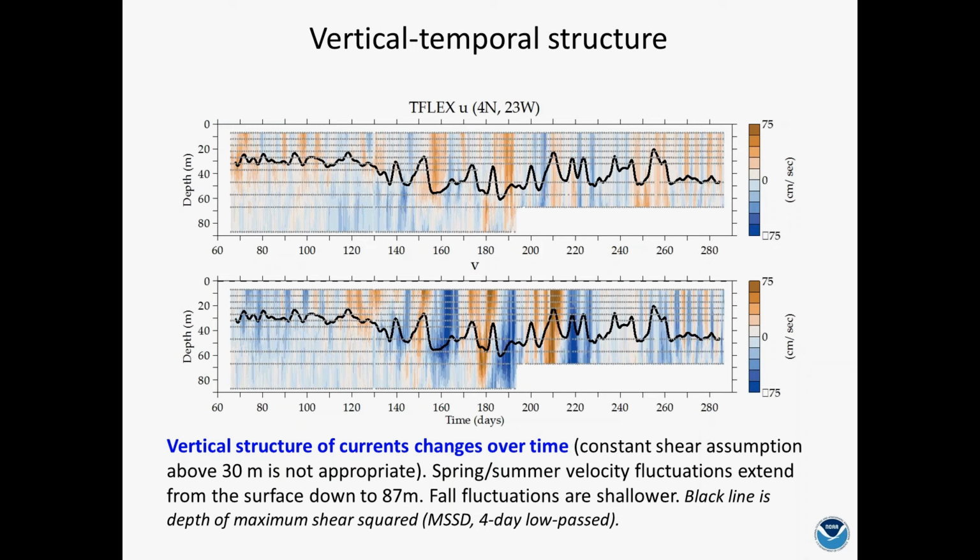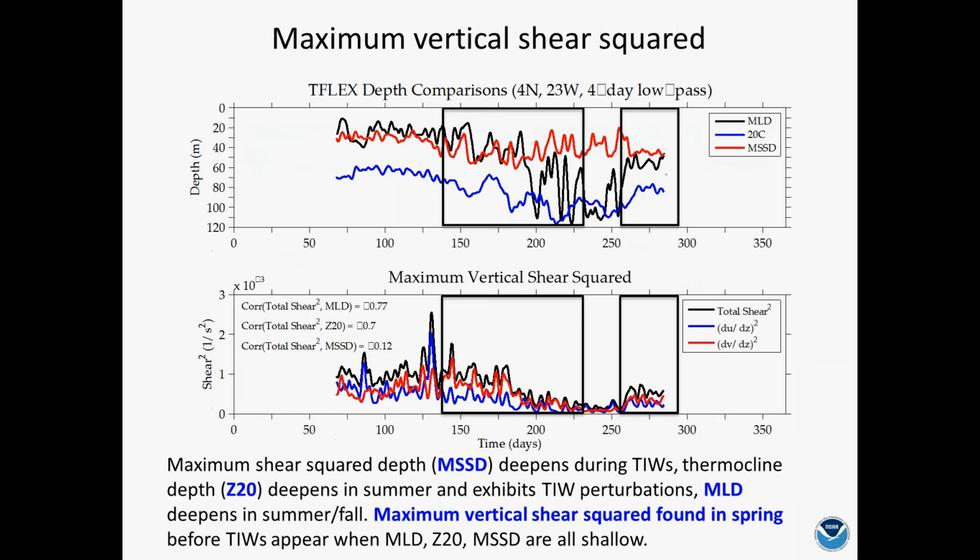Okay. So just to link, I don't usually think about the depth of the maximum shear squared layer. I usually think of things like the mixed layer depth or the thermocline depth. And so this is doing a comparison, and I apologize, the figure's a little messed up, but this is doing a comparison of the mixed layer depth, which is the black line, computed from the densities. From the PIRATA Northeast extension, we have temperatures and salinities concurrent with our velocity data set, so we can compute the mixed layer depth. And then we have the 20C isotherm depth in blue, which is an estimate of the